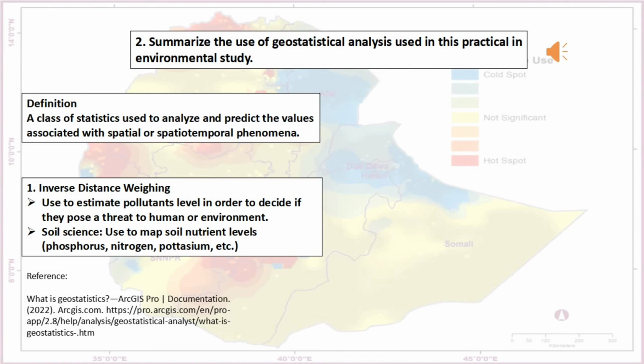Second, geostatistical practical highlight question. Summarize the use of geostatistical analysis used in this practical in environmental study. The definition of geostatistical analysis is a class of statistics used to analyze and predict the values associated with spatial or spatiotemporal phenomena. The answer is